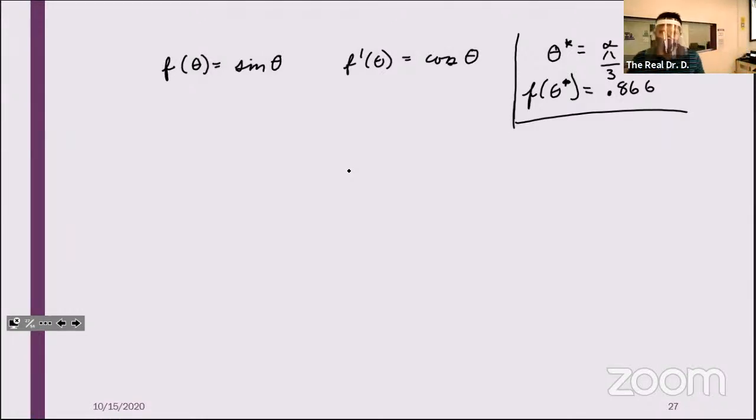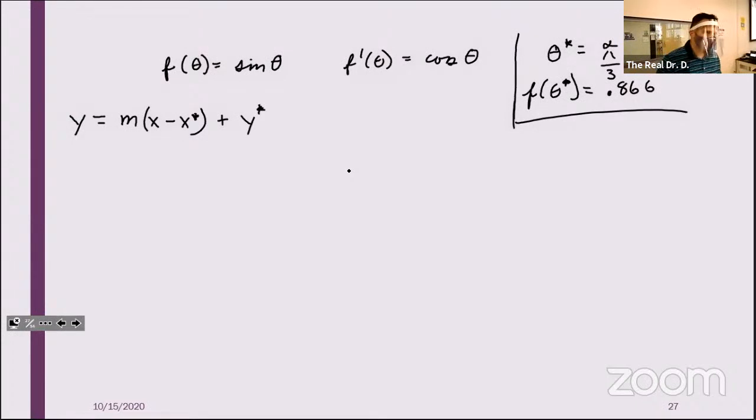Let's talk about it. So I'm going to start off with my function, f of theta. F of theta is equal to sine theta. I'm also going to take the derivative of that. F prime of theta is cosine theta. And we're going to hang on to that for a second, because remember, I did tell you that we could model this like this, where B is just